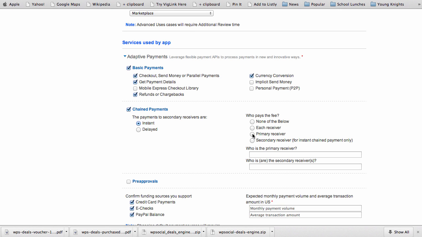We always set the primary receiver to pay the fees, and right now the primary receiver is the seller. Whoever the seller is, receiving the payment for the product, is the primary receiver, and it could be you as the site owner. So who's the primary receiver? Seller,